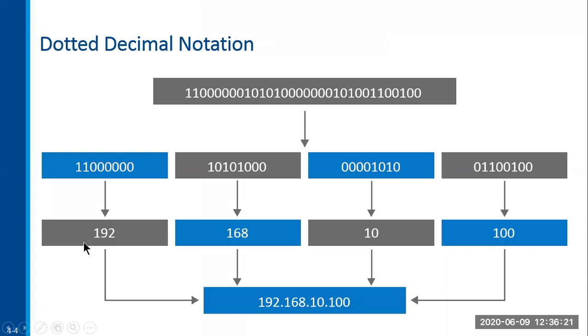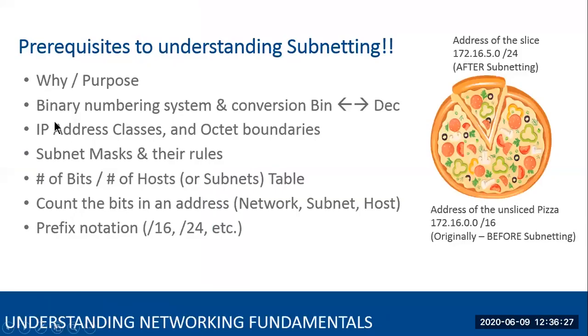And it's not important to be able to do it very quickly, but you should be able to do it even without a calculator, by the way. When I teach subnetting, I insist that students be able to do it without a calculator. It's okay if you're slow at first, but it's important to know how to do it. Otherwise, you won't really understand subnetting. So the conversion of binary to decimal and decimal to binary, both ways.